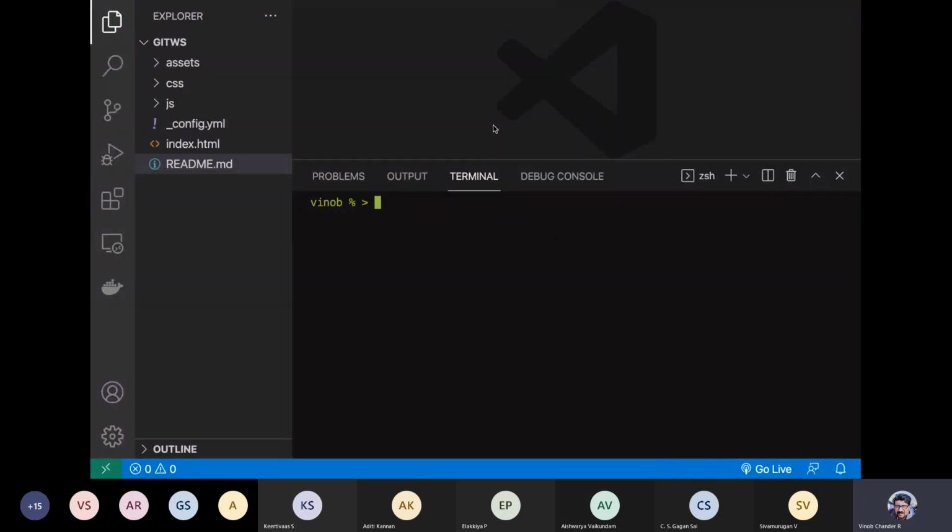For that, you do git config --global core.editor, and specify the name of the editor that you have already set in the path. For example, I say it is code. Visual Studio Code is already in the path, so it will be recognized as code, and then you can specify --wait so that it waits till your particular process is over.